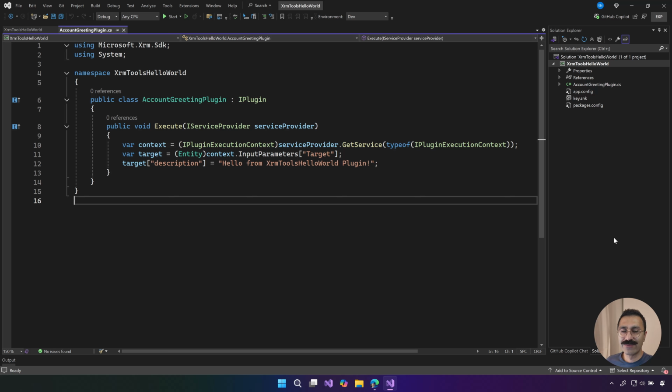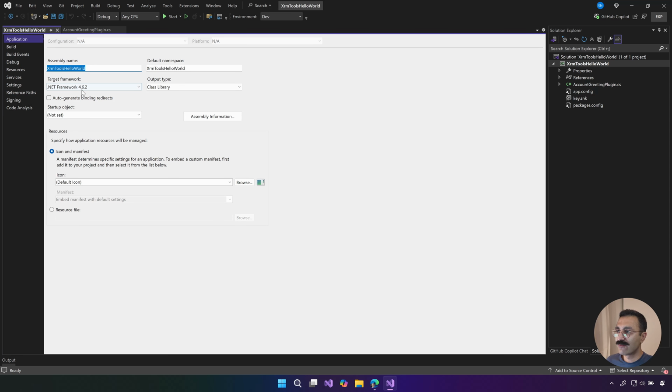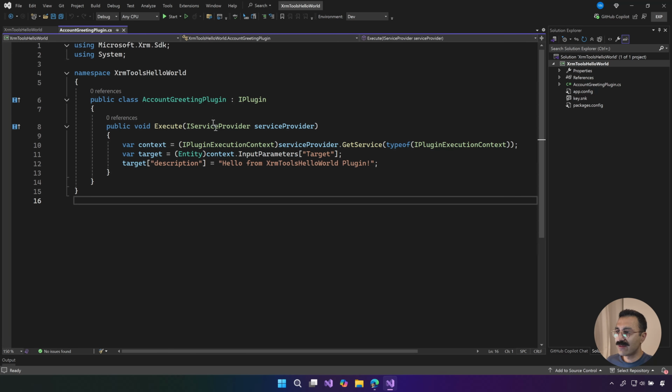Visual Studio. Today I'm going to show you a new, more productive way of registering plugins in Visual Studio, which I hope you'll find helpful. So as you can see, I have Visual Studio open here. It's just a simple class library targeting .NET Framework 4.6.2. I have a very simple plugin here, which is basically a hello world, setting the description of account to a